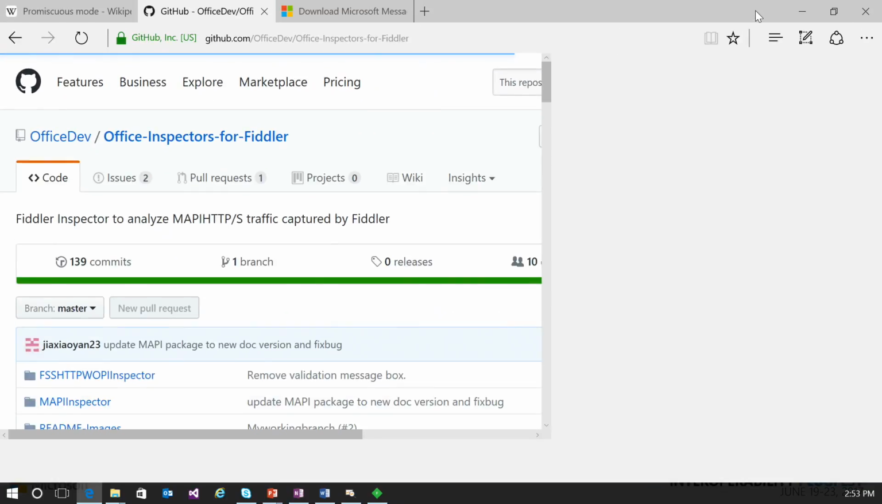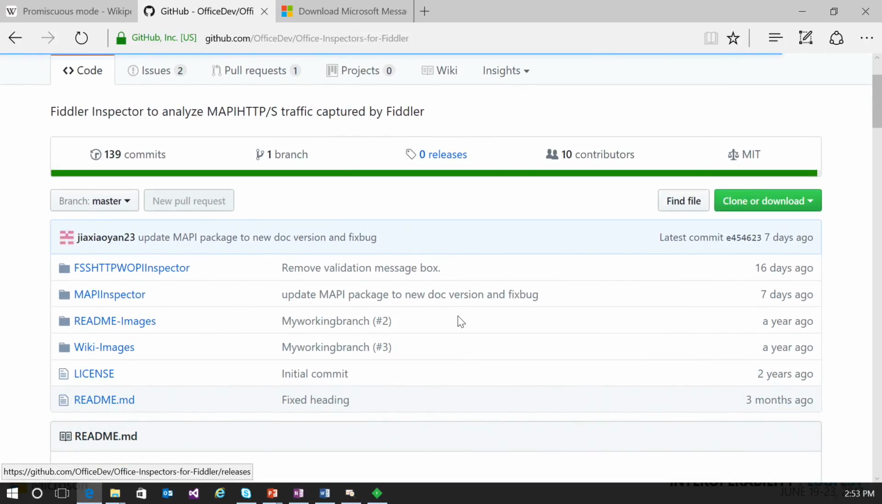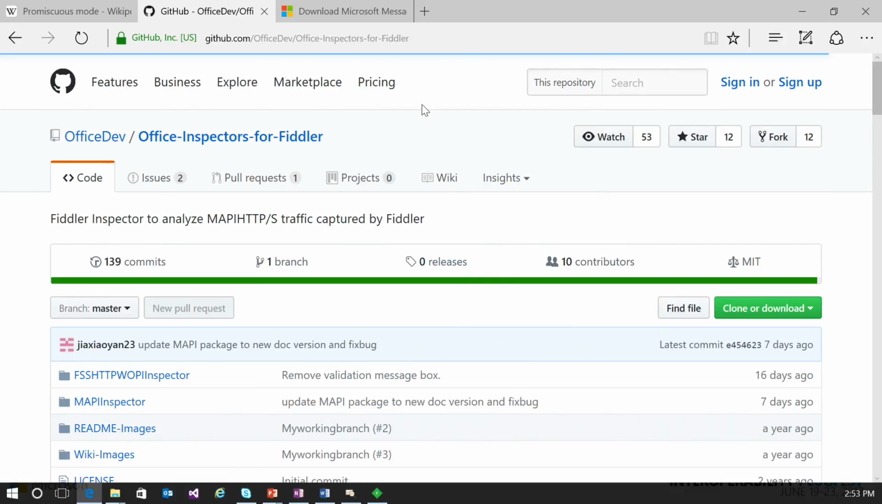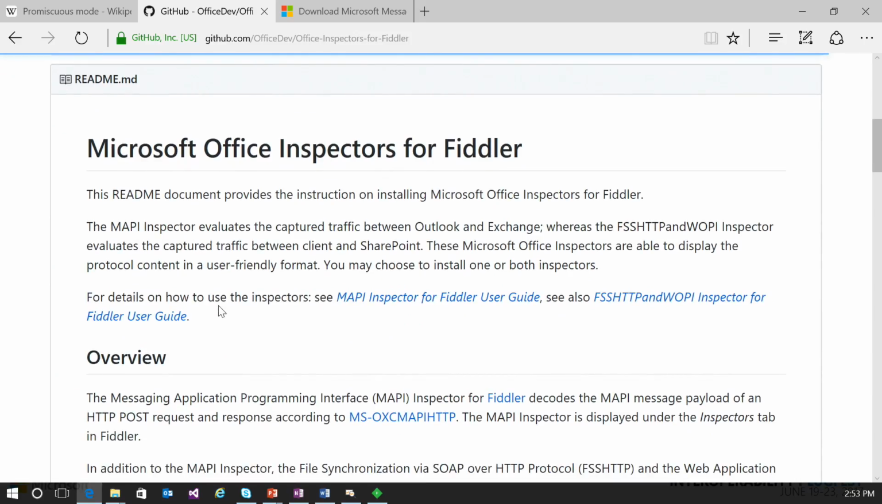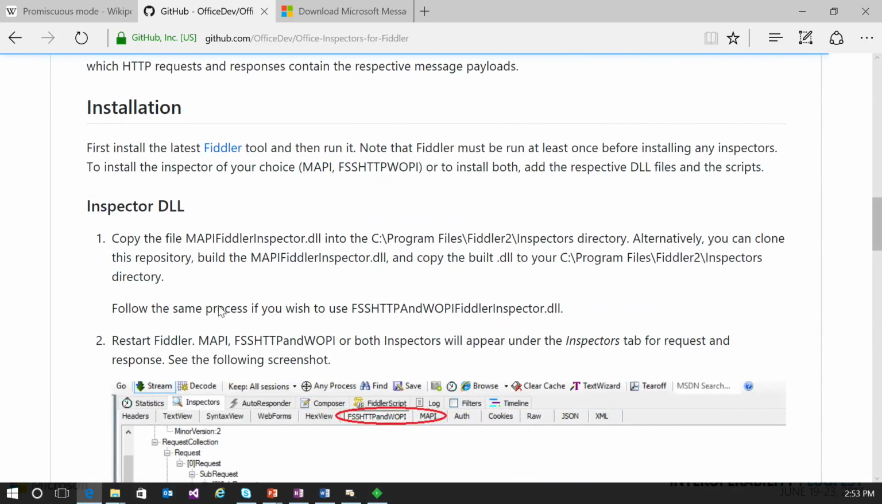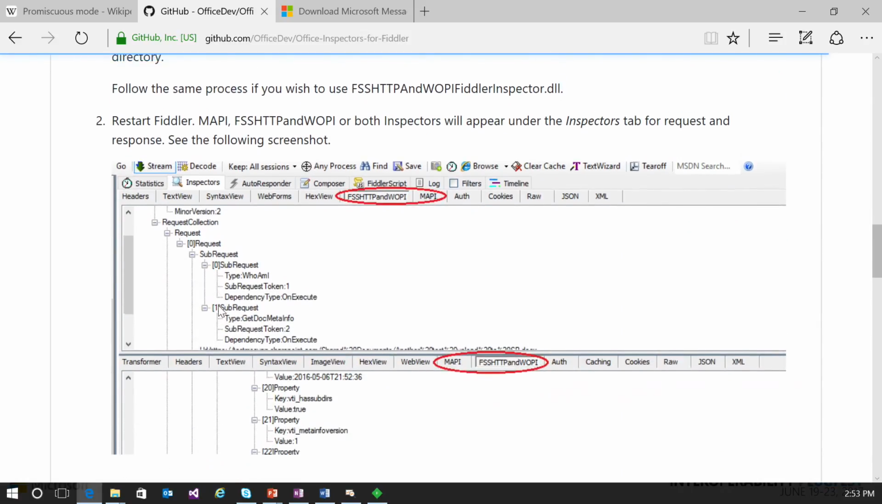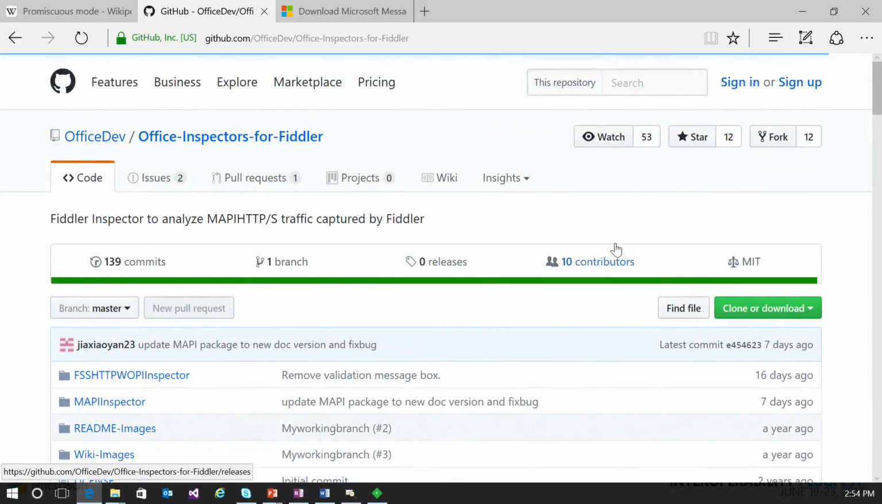How do you get it? As we mentioned, go to GitHub and search for Office Inspector, or if you can remember the full name, that's perfect. You can see different packages and a very detailed README file. If you want to try it out, I highly recommend you follow the steps. It's pretty simple. Within several minutes, you can install the Fiddler Inspector. You can download it to your own local machine. Basically, there are 2 things you want to do. One is